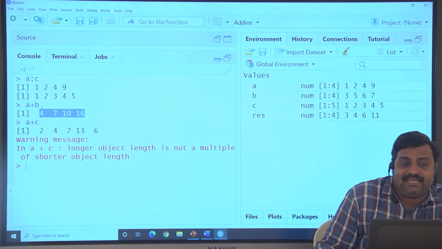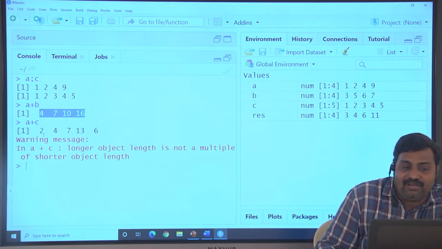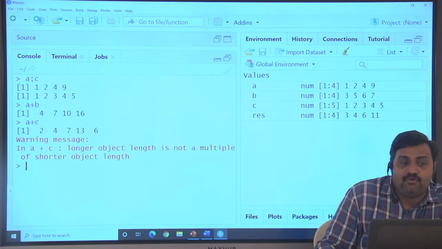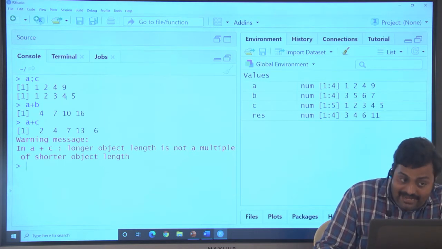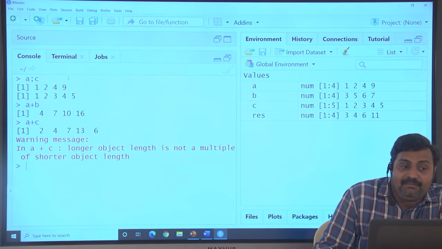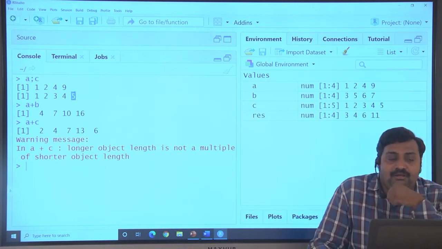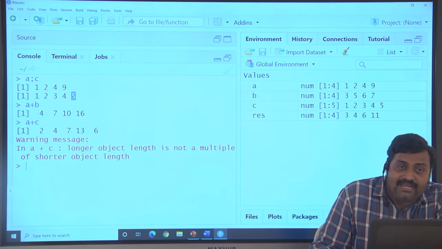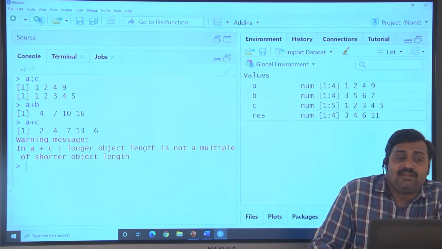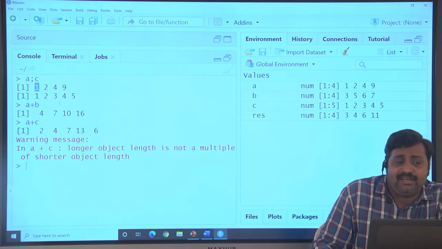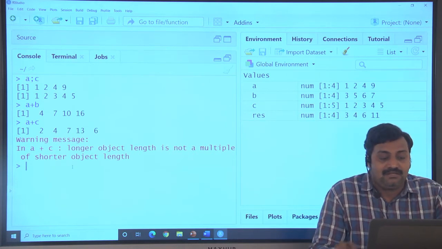Whereas with A and C: 1 and 1 added, 2 and 2 added, 4 and 3 added, 9 and 4 added. In C, the fifth element 5 is there, but A has no fifth element. What will happen? It loops, starting again and adding this 5 to the first value of A. That's why 1 plus 5 is 6.